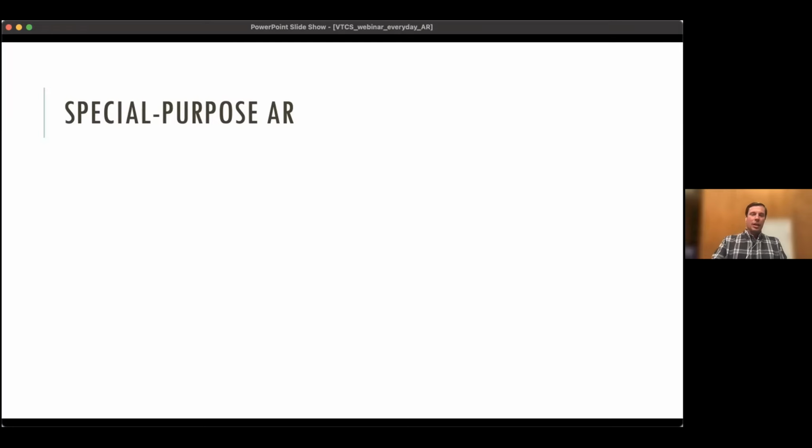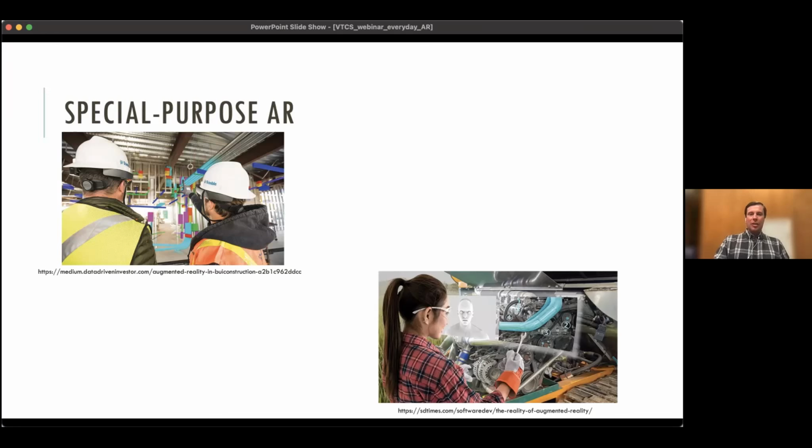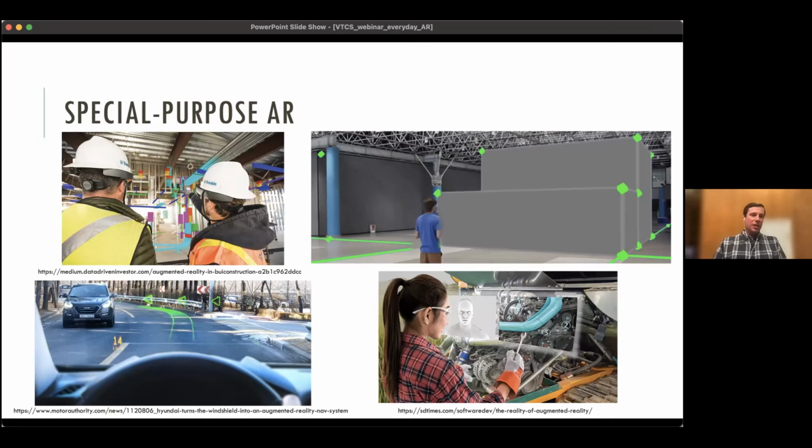So my first point is that most of the AR applications that we know about and think about today could be considered special purpose. So applications in manufacturing, like in the upper left, or in architectural design, like in the upper right, maybe in maintenance, like in the bottom right, or navigation, like in the bottom left. And these are all great applications and really powerful ways to use AR, but they're special purpose in the sense that most people don't do most of these things. And even if you do them, you don't do them most of the time. It's really kind of a small part of your day if you do it at all.